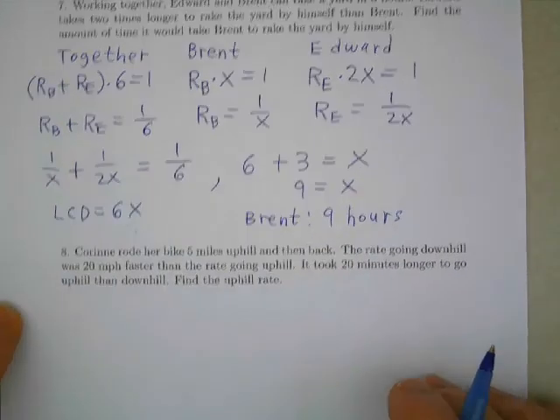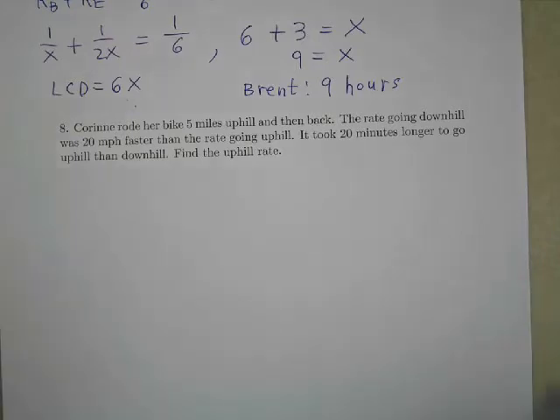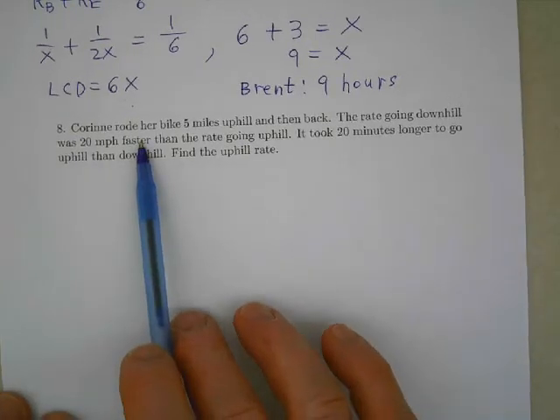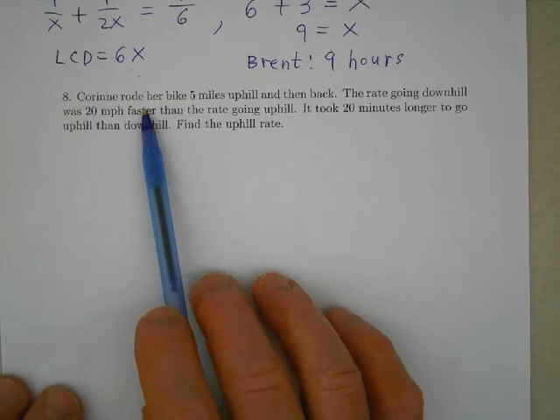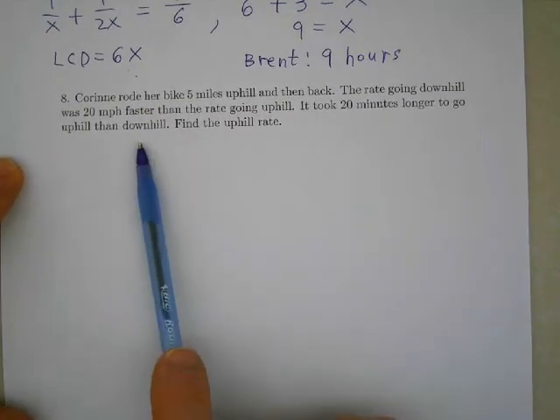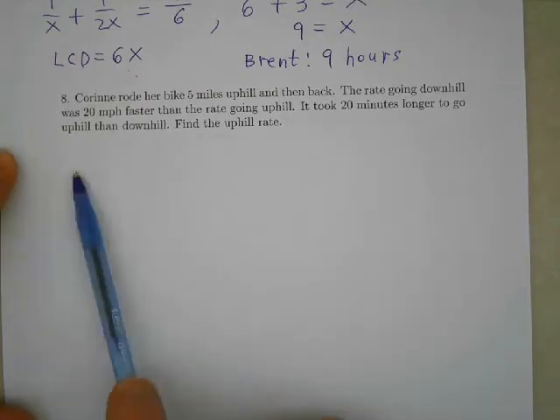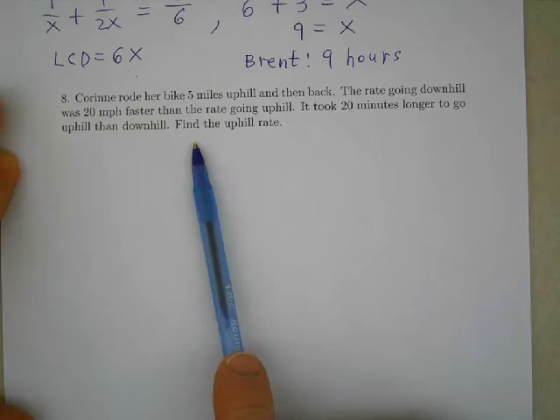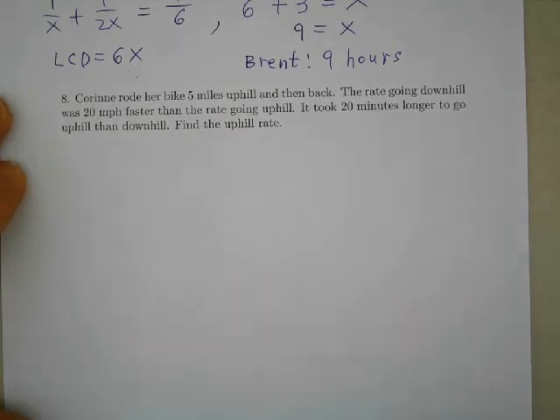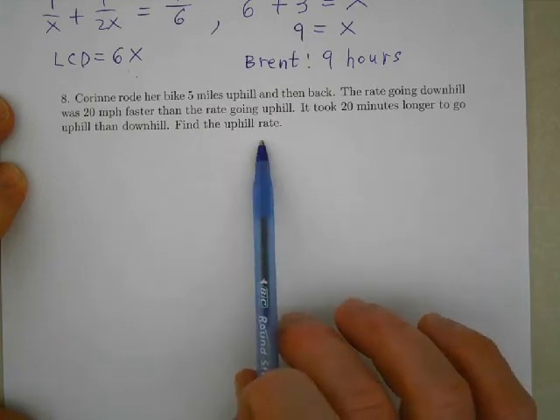Okay, and the final problem, this one says Corinne rode her bike 5 miles uphill and then back. The rate going downhill was 20 miles per hour faster than the rate going uphill. It took 20 minutes longer to go uphill than downhill. Find the uphill rate. Okay, so this is uniform motion, so equations will have the form rate times